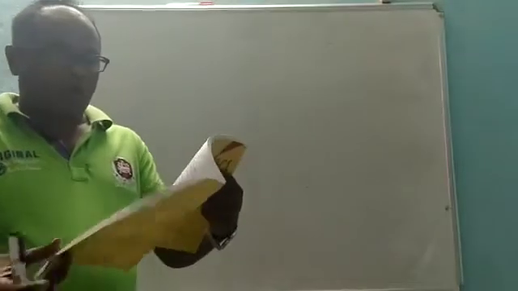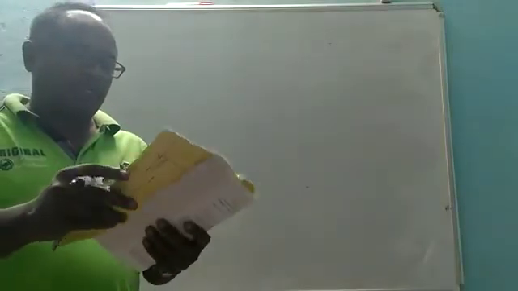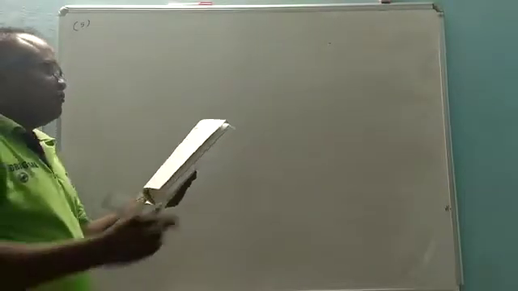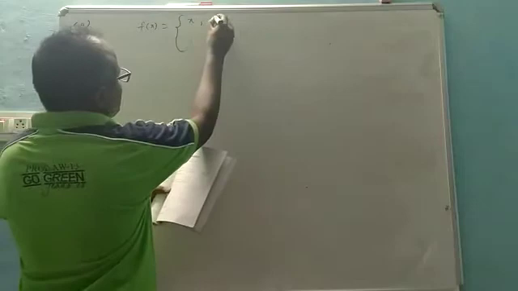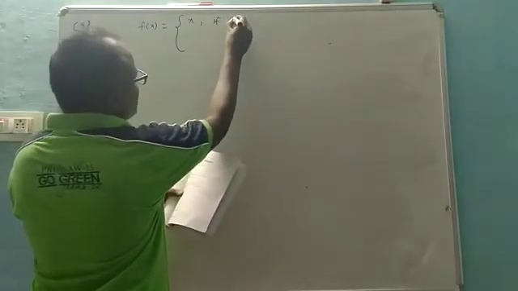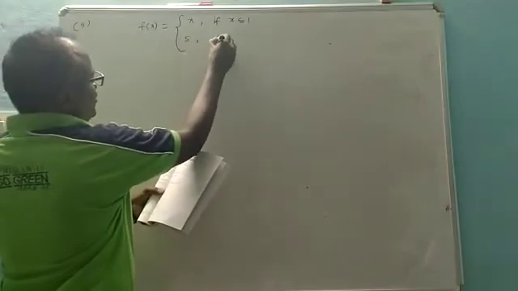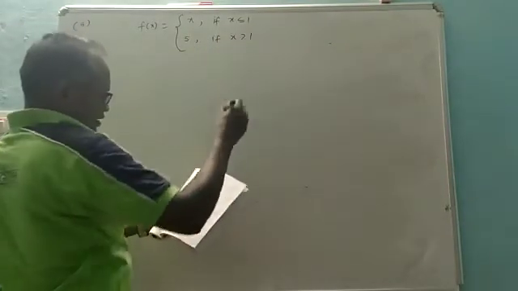Continuation of the problems. Up to four problems explained. Fifth question, whenever an interval is given. Fifth problem. Is the function f defined by f of x is equal to x if x is less than or equal to 1, and 5 if x is greater than 1